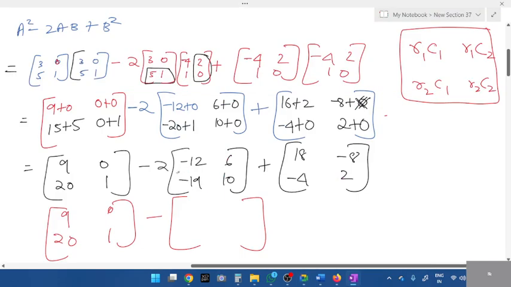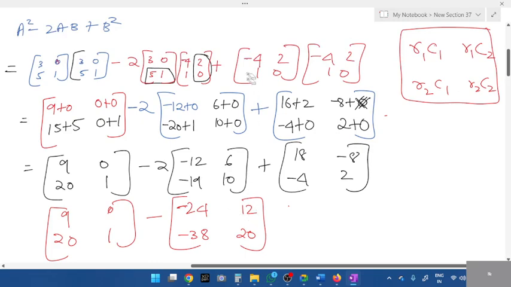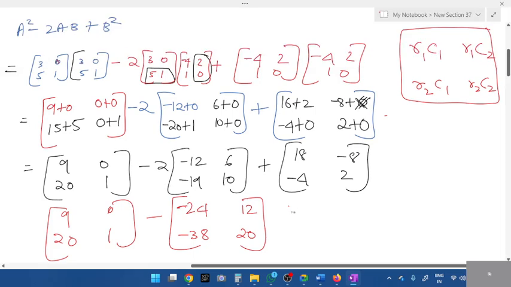Tell me, 2 into minus 12 is minus 24, then minus 12, minus 38 and, oh sorry, plus 12. Okay, see, this is what I told students. Even I go wrong in this. Minus 12, so take just 2. 2 sixes are 12 plus 18 minus 8, minus 4 and 2. After this step,